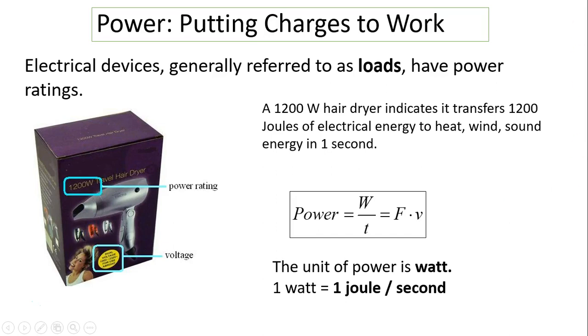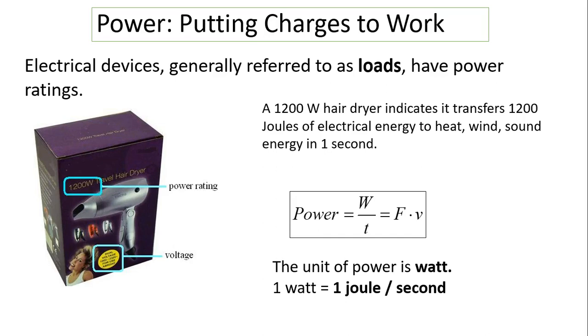So power is putting charge to work. Electrical devices, generally referred to as loads, have power ratings, like a hair dryer. For instance, this hair dryer has a power of 1200 watts. Similarly, some microwaves may have 1100 watts, some may have 1200 watts. Your vacuum has power. All machines are rated by power. So a 1200 watt hair dryer transfers 1200 joules of electrical energy to heat, wind, and sound in 1